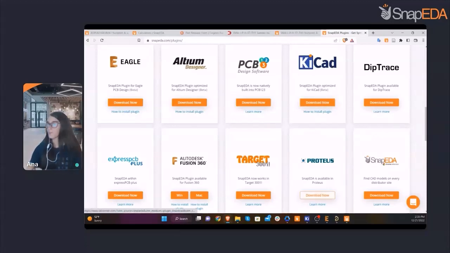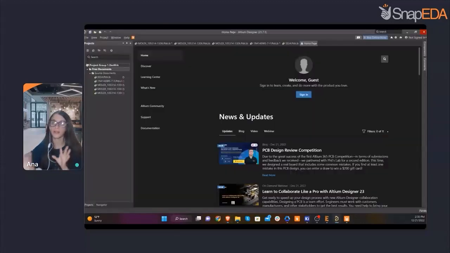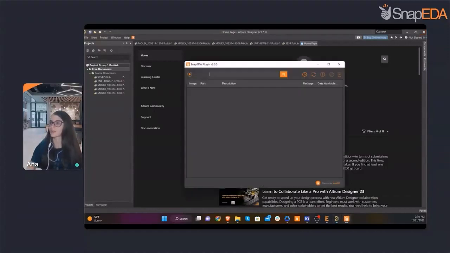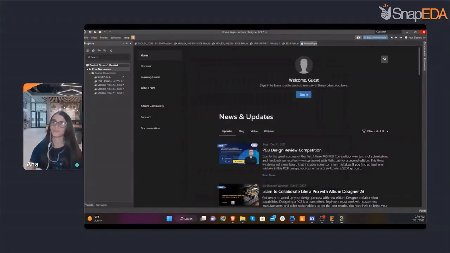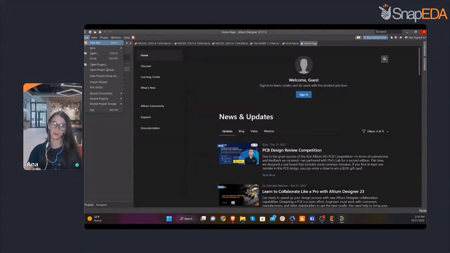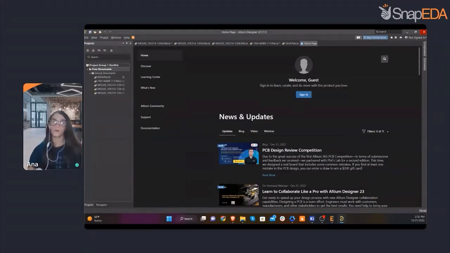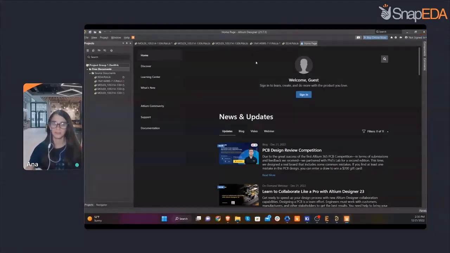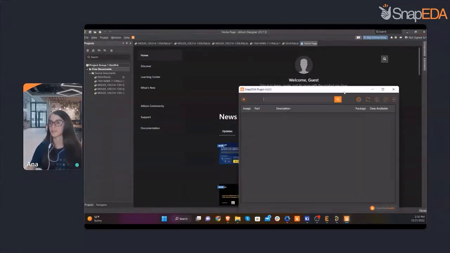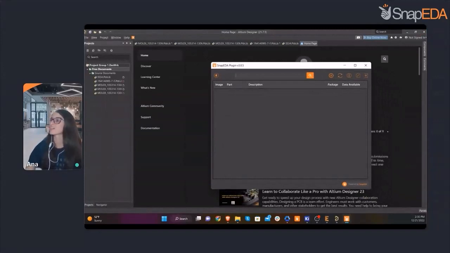So let's say I'm going to show you how it works for Altium, right? It has it for multiple ones, but let's say, for example, here in Altium. You find it here next to Help. There is the SnapPDA icon, or you can access it here on File, Add Part. So we click here. This will open the plugin. Okay, oops, sorry, it opened on the other screen. So this is the plugin. Let's say I'm going to search for, like, a diode. I don't know, something very simple.